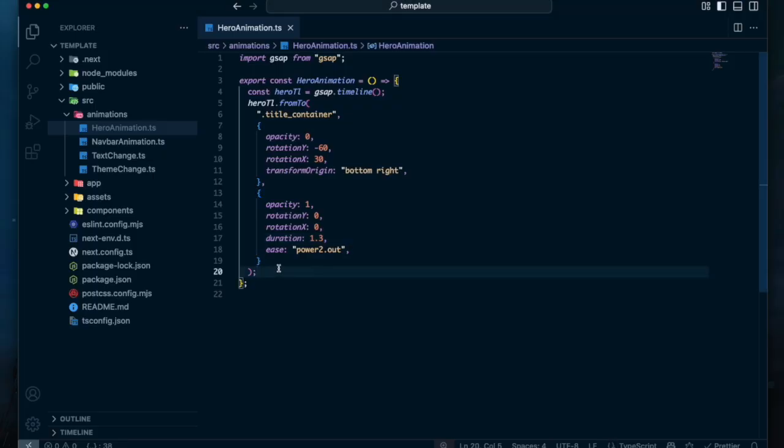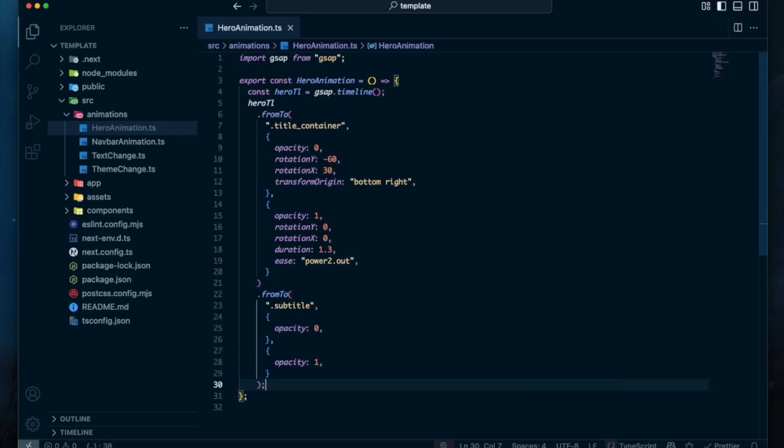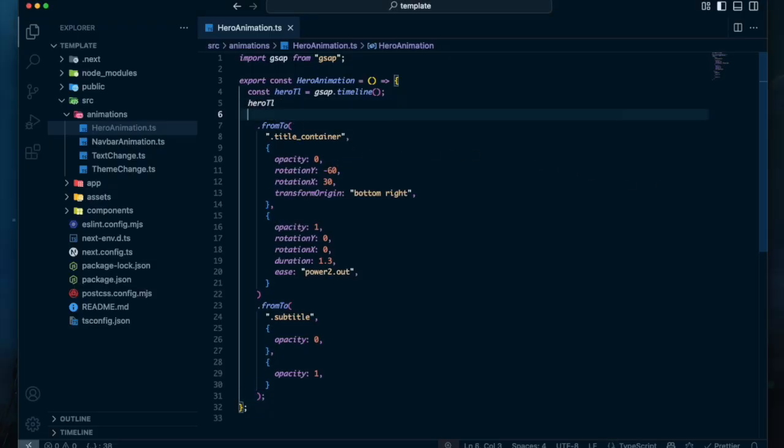Let's add the basic fade animation to the subtitle class by changing the opacity from 0 to 1. Now, for the Spline model part, here we want the Spline model to be visible. Initial CSS of the Spline model has the opacity 0, so it won't flicker. Let's change it to 1 and add it in the start of the timeline so that it happens first in